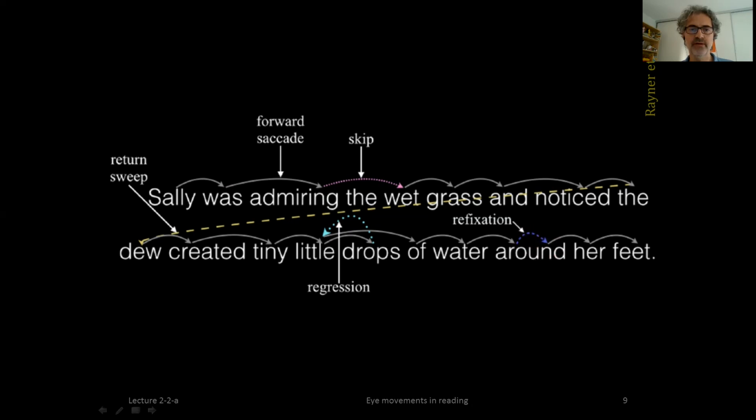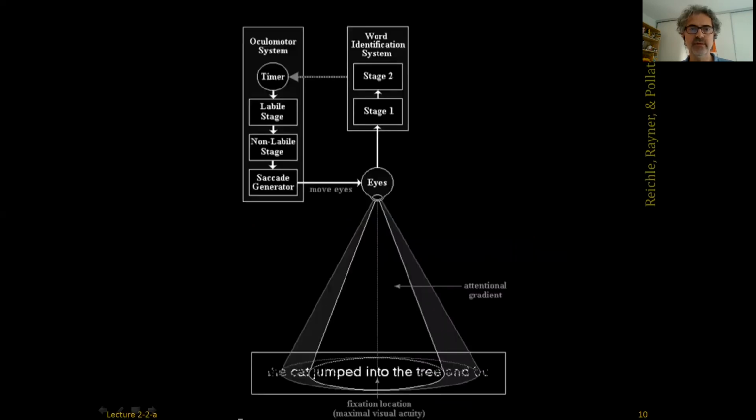There has been a lot of study of how the eyes move during reading, and there are some complicated theoretical models that account for the observed patterns. The general idea that people are converging on is that the control of eye movements is extremely efficient by a skilled reader, and that the eyes prepare to move on to the next word before they're done recognizing the fixated